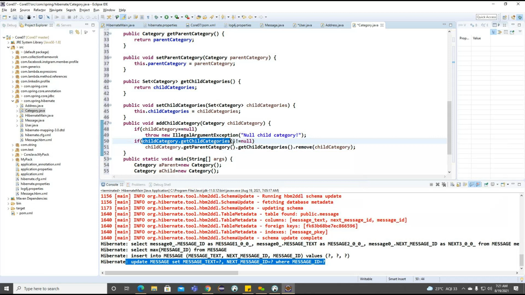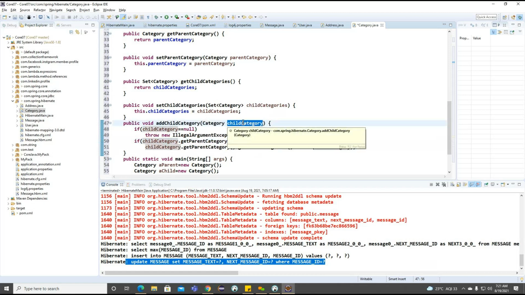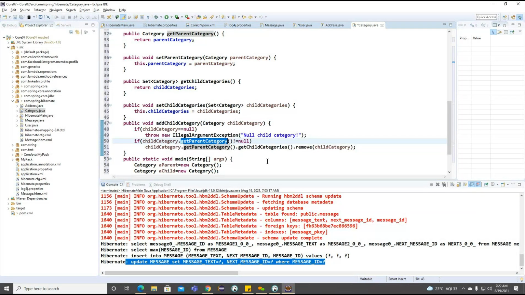Now what I'm doing here. So child category dot get child category here. Not child categories here. Get to parent category. Now observe, whenever for this particular child category object, whenever we are trying to post, if this particular child category is having parent category, the parent category definitely will have a child categories here. So I'm trying to remove whatever the child category we are having. So if this particular parent category is not available, now what we can do?